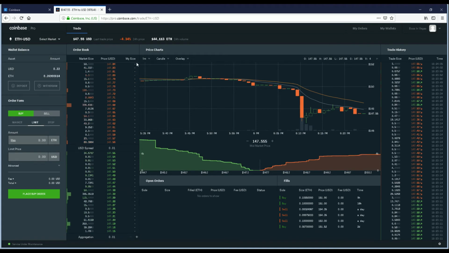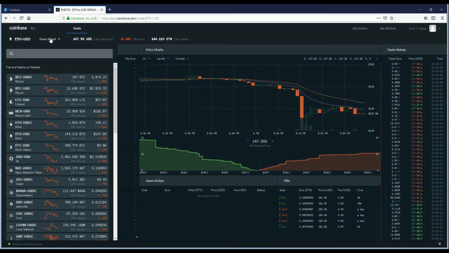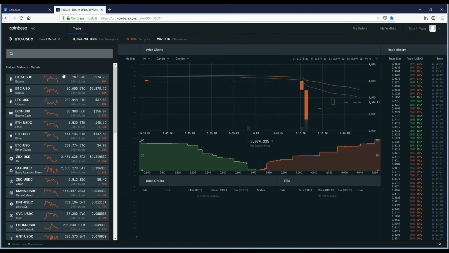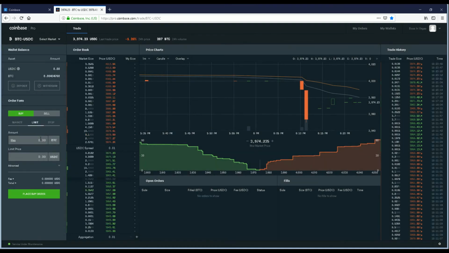That's what I'm saying. In 5 minutes, Bitcoin could be worth more now. So if we go back to Bitcoin, it could be over 4,000 in 5 minutes. Not that it's going to make that big of a difference on the amount that I own, but still,